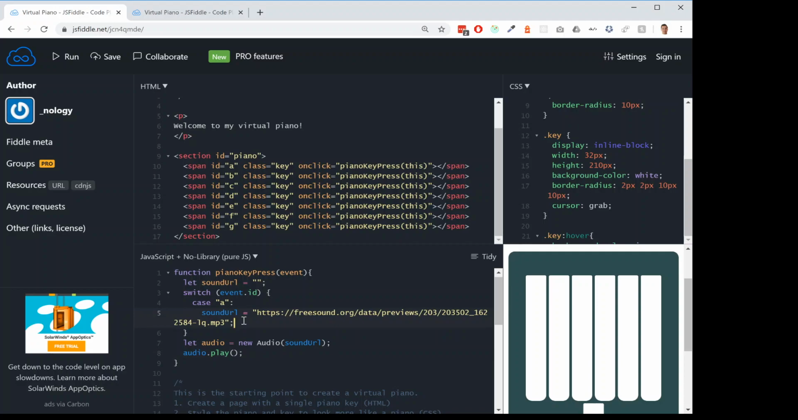So the next thing I need to do is say break. Break basically means that's the end of this scenario. So that's the end of the code I want you to execute in case of event ID being equal to A. And I can write as many cases as I want down here. So I can say case, and the pattern's going to repeat now. Case B,